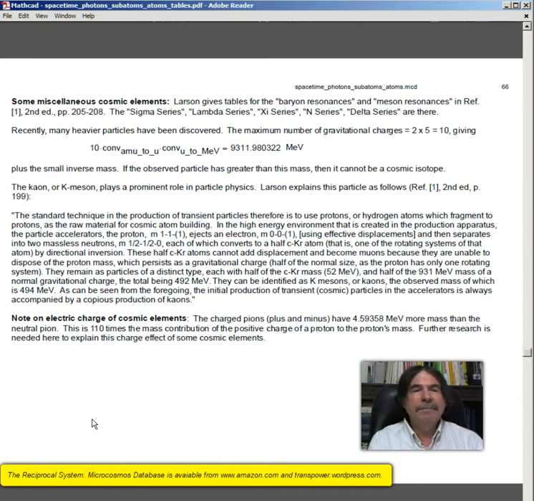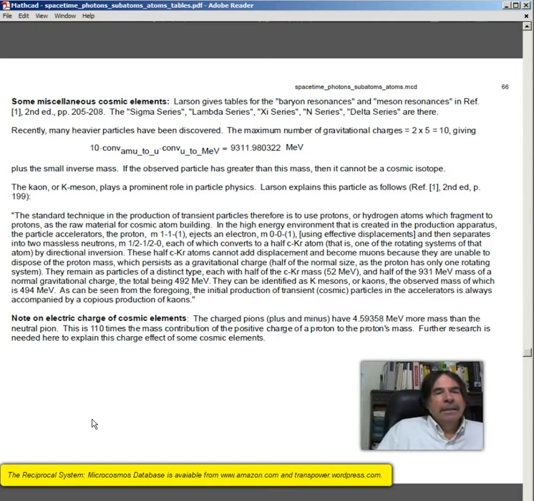The kaon or K-meson plays a prominent role in particle physics. Larson explains this particle as follows, reference 1, second edition, page 199. Quote, the standard technique for the production of transient particles, therefore, is to use protons or hydrogen atoms, which fragment to protons, as the raw material for cosmic atom building. In the high-energy environment that is created in the production apparatus, the particle accelerators, the proton, which is M1-1-1,